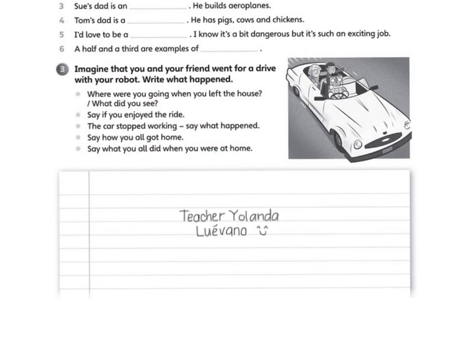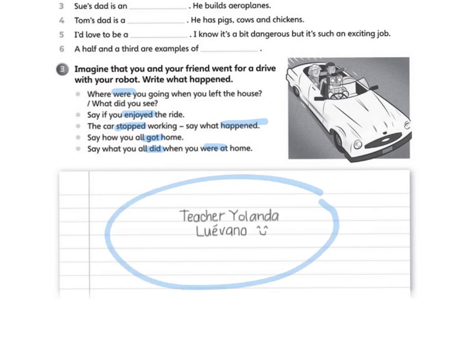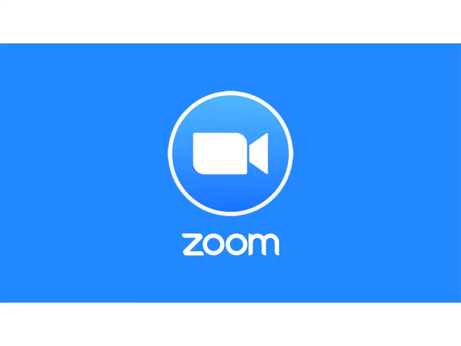An important thing is that this text must be in past. Pay attention how all our instructions are in past. So please use verbs in past because this happened time ago. Do the writing here and have it ready before our class starts because you're going to read it to the class, okay? Last but not least, make sure to be in our Zoom session today